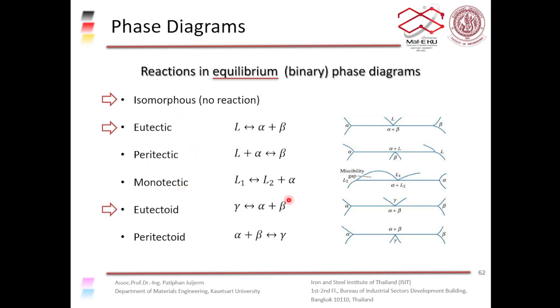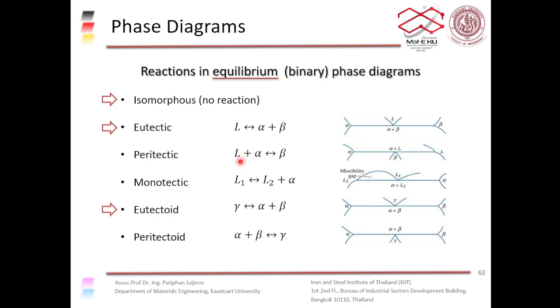Okay, so for now you have to know that there are all these reactions, but there are three reactions that you have to understand, like how it happens, etc. Right? But you have to know that there are all these reactions. You might not have to be able to explain what happens during peritectic reaction, etc. Okay,